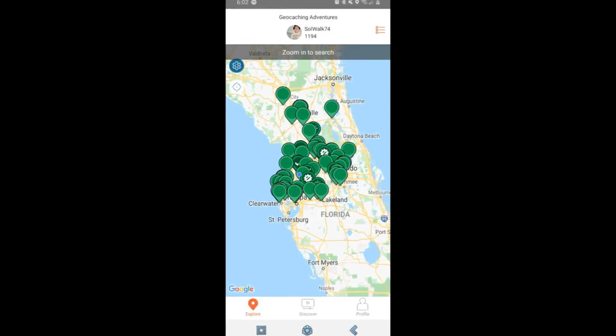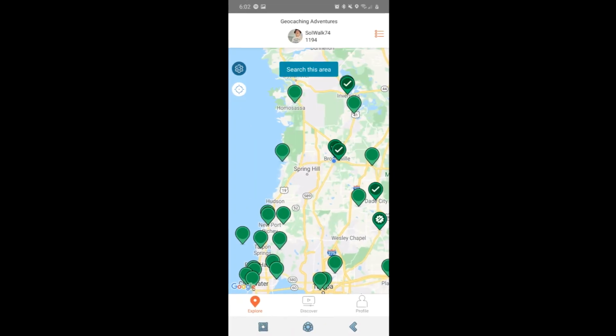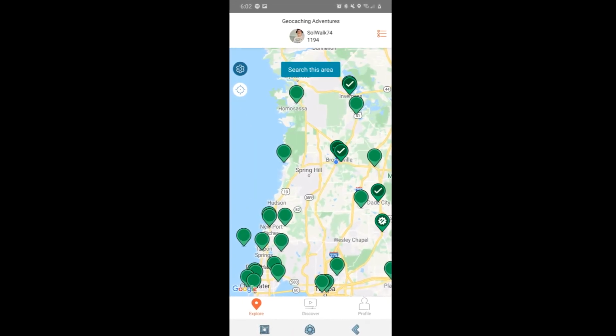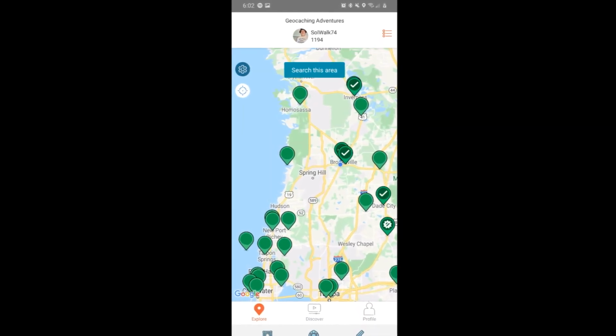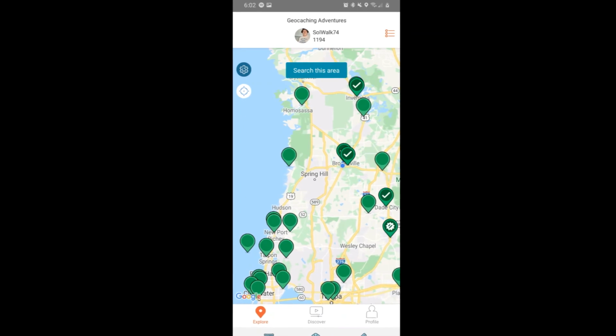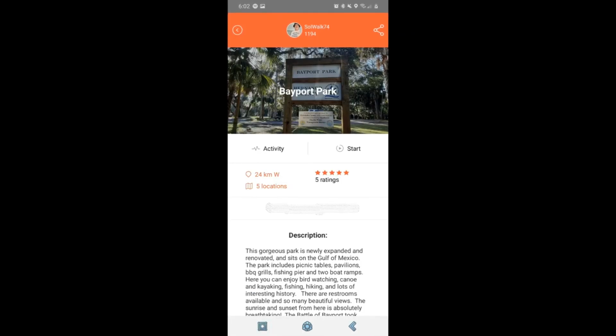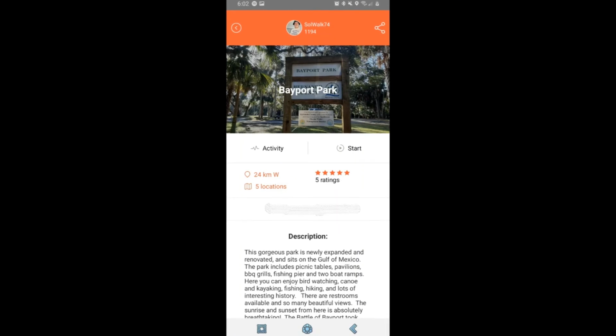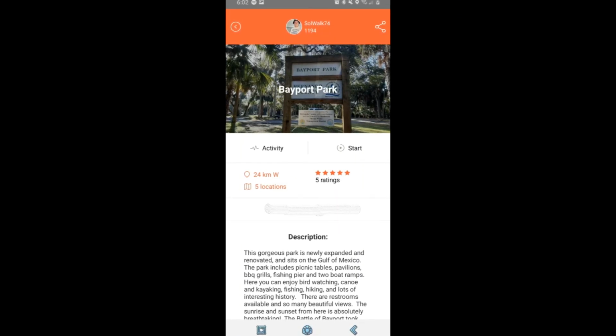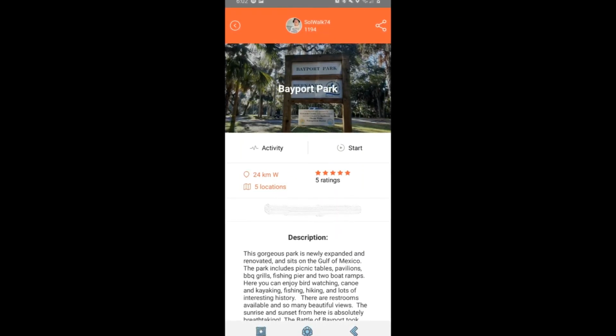So today we're going down to Bayport, Florida, and this is the location of one really cool adventure lab full of history, beautiful sights and sounds. And Bayport is right next to Weeki Wachee, Florida, so very beautiful area. So at this adventure lab, which is 100%